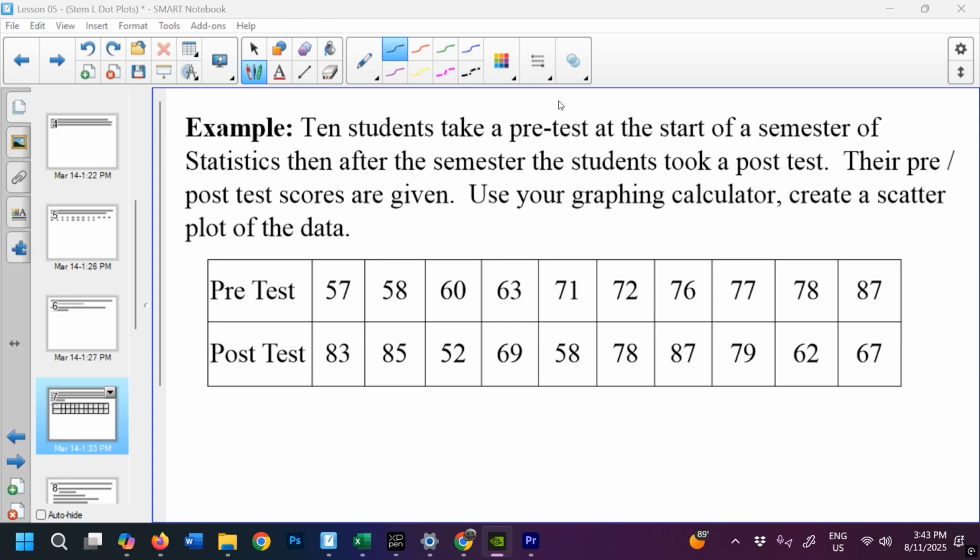Okay, so if we're going to do a scatter plot using Desmos, Desmos does it much easier than the old graphing calculators used to do it. In fact, it does it almost automatically if you plug in bivariate data. And what I mean by bivariate data is data that comes in ordered pairs,